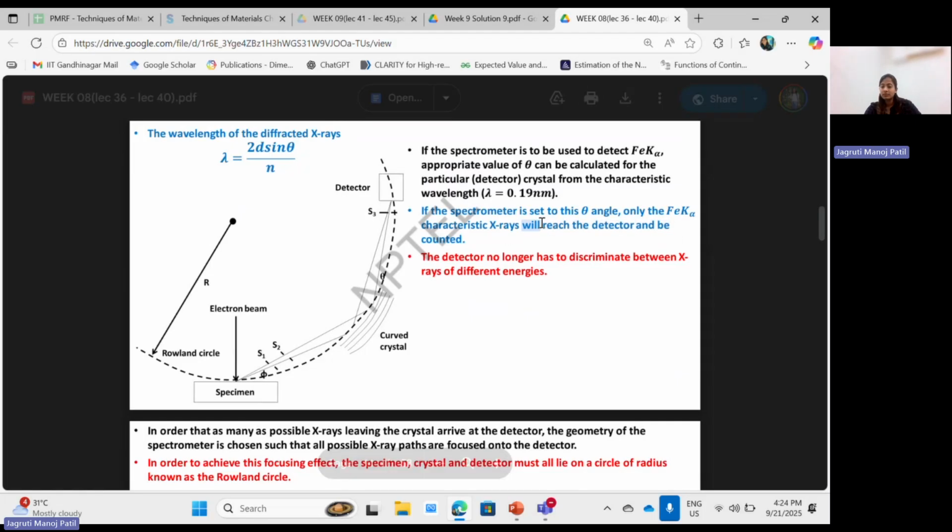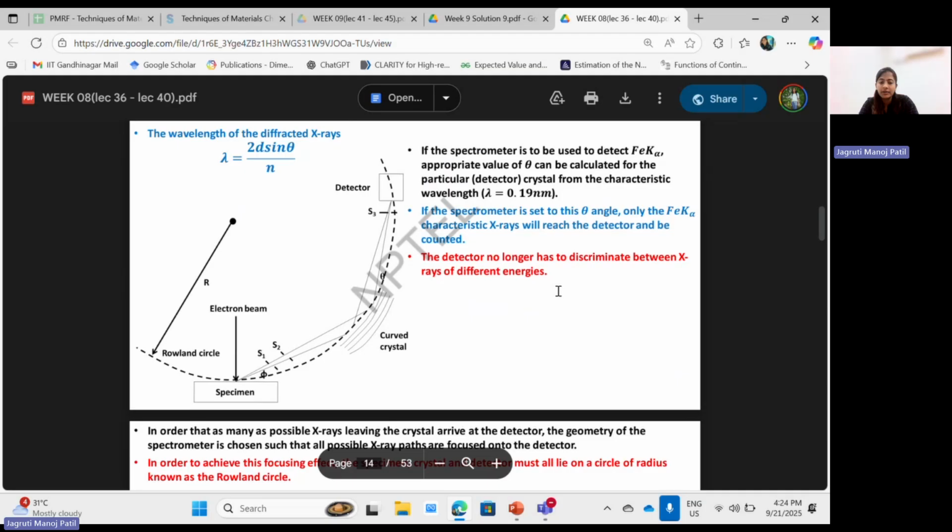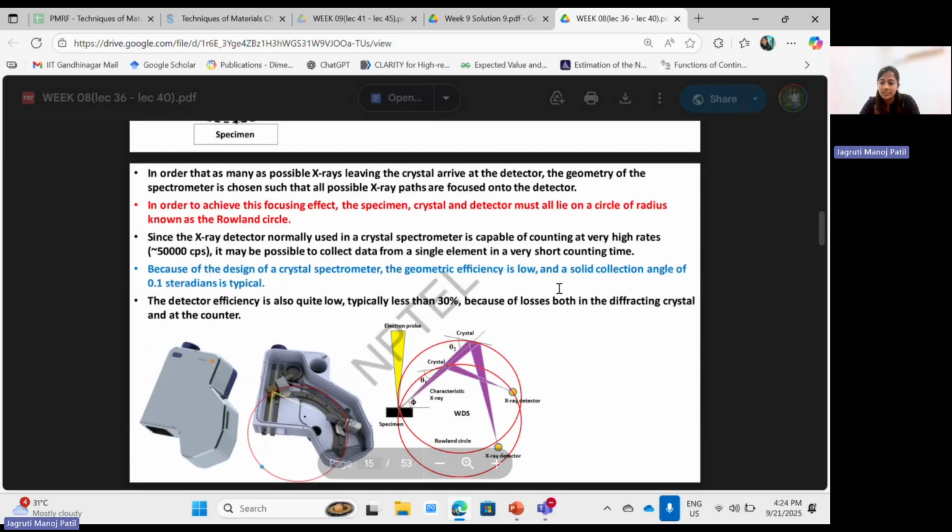So you now need to know the wavelength for that characteristic X-ray. The detector no longer needs to differentiate between X-rays of different energies, because we have already told it that we only want this energy, and you know which particular element that energy corresponds to. So then you can clearly see whether that energy lies in your specimen sample or not. After that,